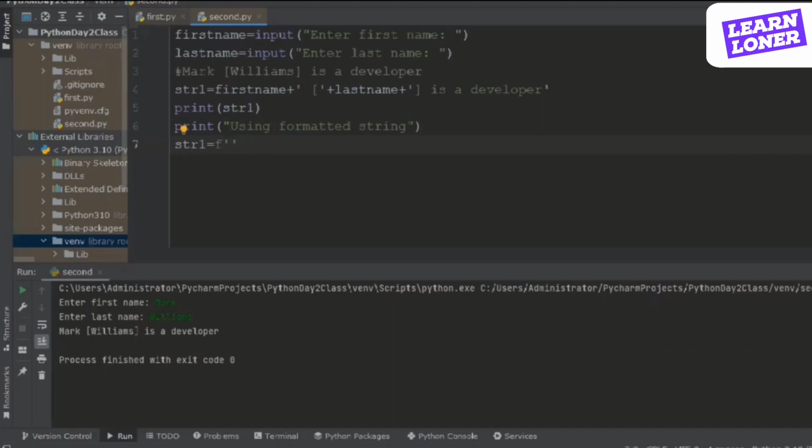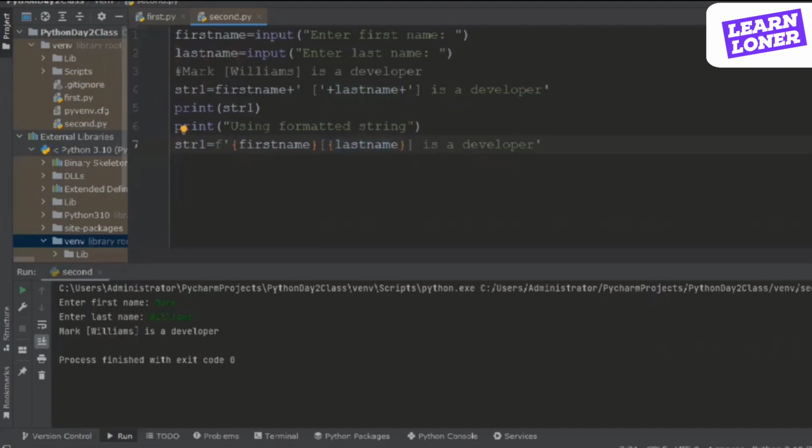Now, what is the use of this? You can put the variable names in curly brackets. So I want to first print the value of the first name variable. Then I want to give a square bracket. Here I want to put the variable last name. I want to close the square bracket, and I want to write is a developer. This is very simple. Only to print the variable names, I have to use the curly brackets. So I don't have to use the concatenation operator, don't have to give the single quotes again, a space, a square bracket. Just put the square bracket in, print the value of last name,